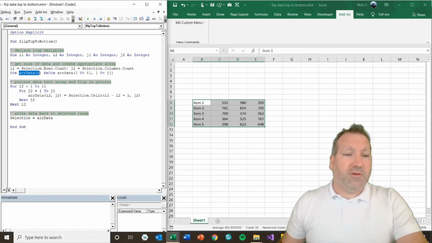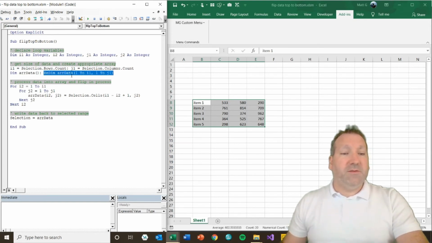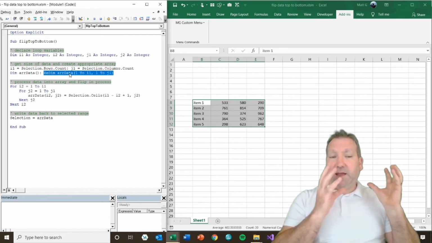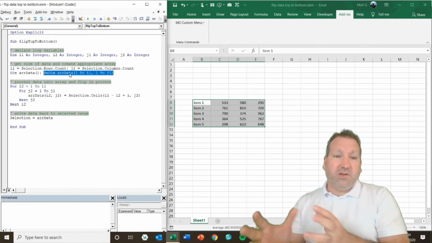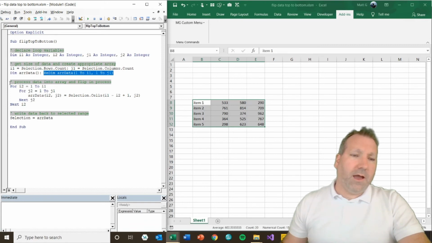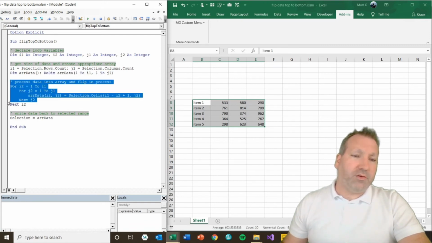I have created an array but given it no dimensions, which allows me to then redeclare it to be the same size as my selection. So I have an array of data that exactly matches the size and shape of my selected cells. And as we've seen before, I then process